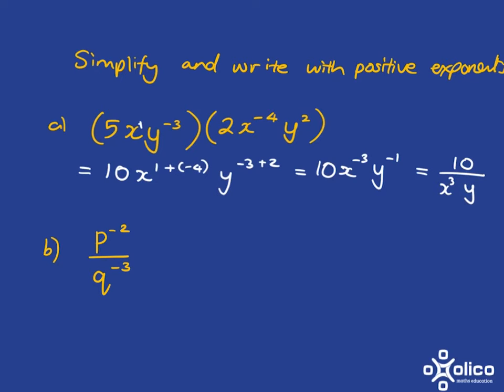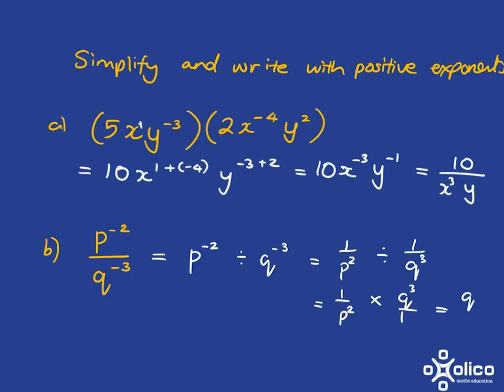Okay, this next one, if we do it the long way round, what I have is p to the negative 2 divided by q to the negative 3, which means I've got 1 over p squared divided by 1 over q cubed. And I know that with fractions, I turn that into a multiplication, and then I flip this so it becomes multiplied by q cubed over 1, which becomes q cubed